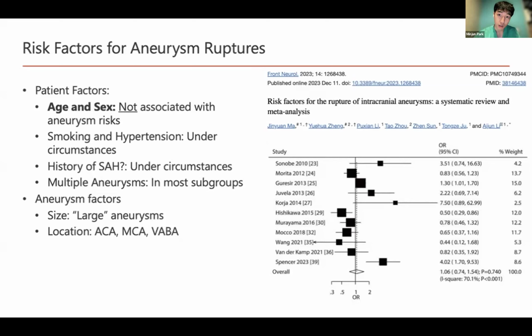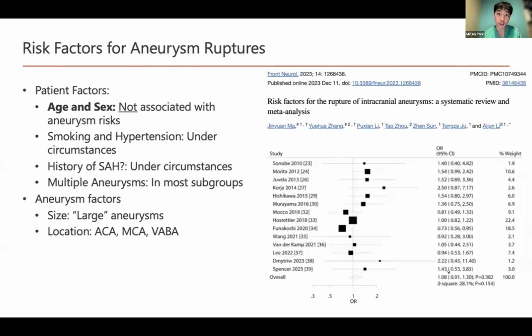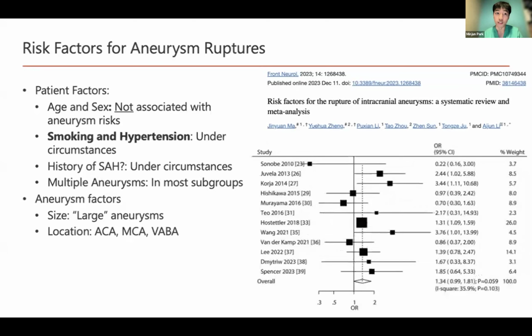The study I'm going off of is a meta-analysis regarding these risk factors for rupture. And even within this analysis, for the age part at least, you can see the confidence interval is varying. For the sex portion also, you have a varying confidence interval. But for smoking and hypertension, going strictly off the meta-analysis, we see that it's 0.99, so we would say it's not statistically significant.